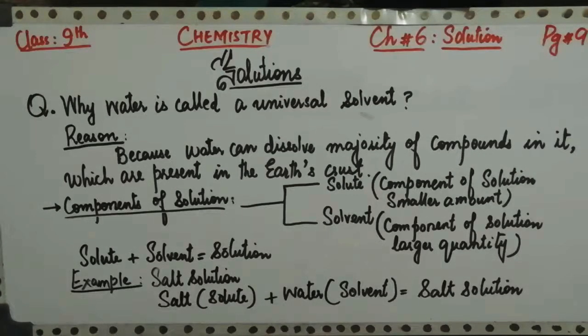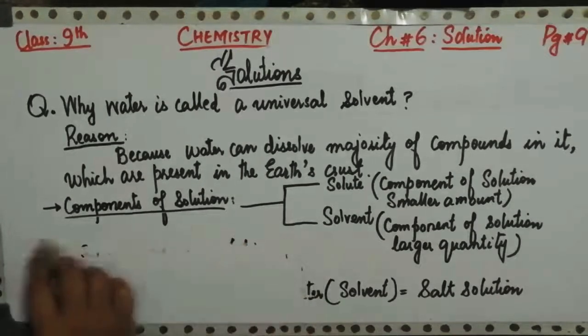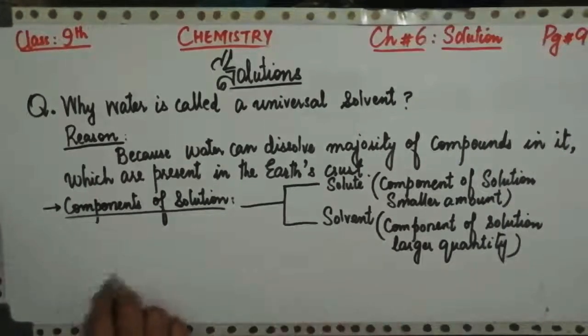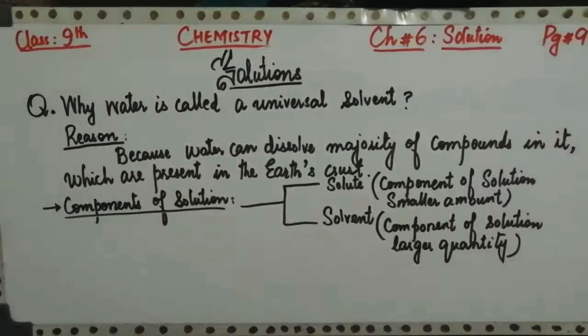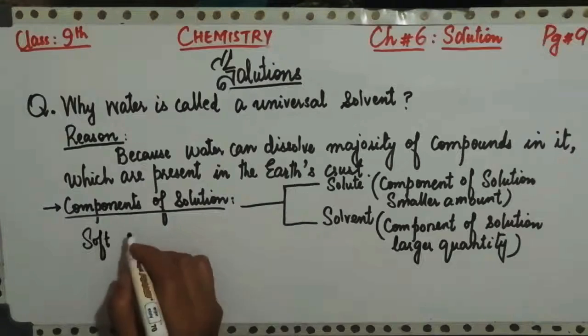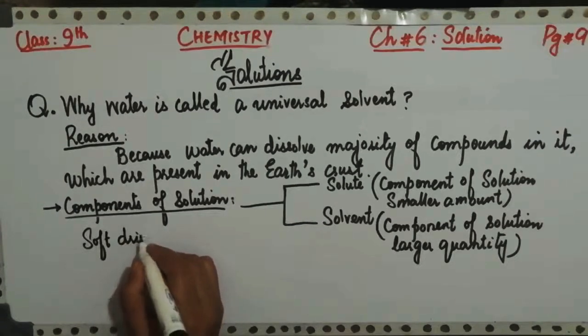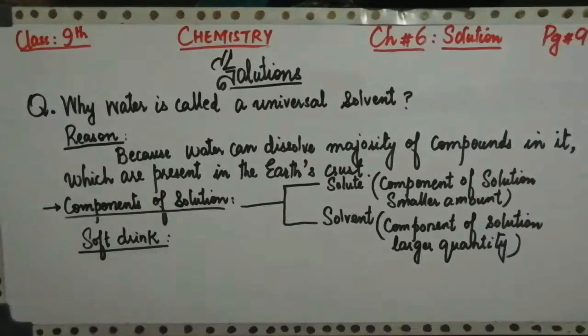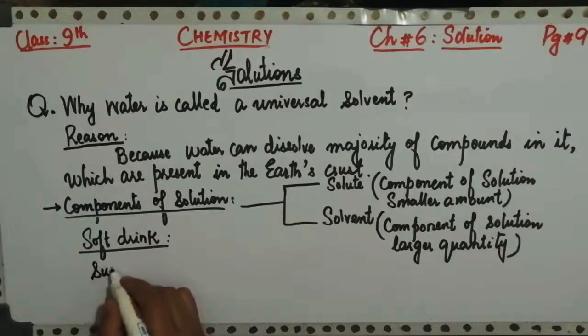For example, the most common example of these sorts of solutions are your soft drinks, your colas like 7-Up, Pepsi and different other soft drinks. So in case of soft drinks, in water other substances are present like sugar,